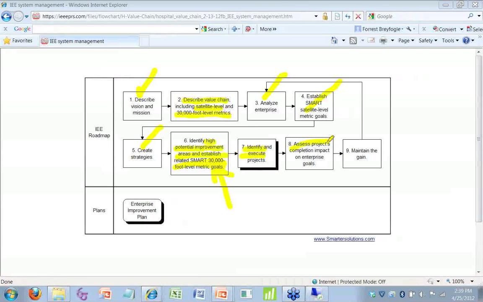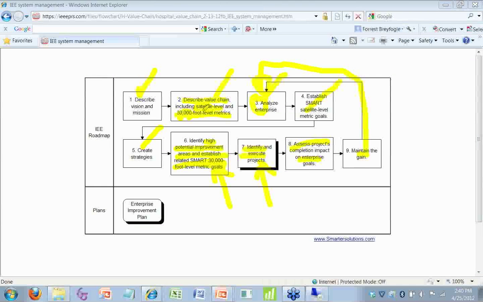Then we want to assess how the project is doing relative to our goals. We want to maintain the gain. Notice when we loop back over here, we're looping back to step number 3, not step number 1. So if we did a good job in our process improvement projects here, what we really did was change the procedures in our value chain, which affected the 30,000-foot level metrics, and then also